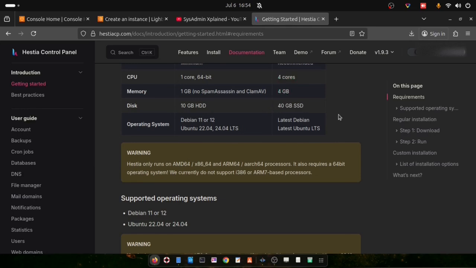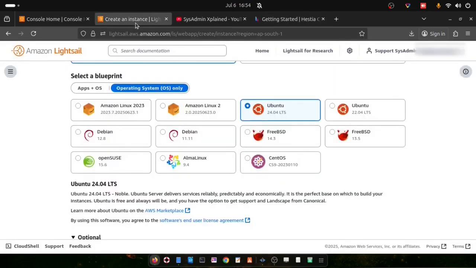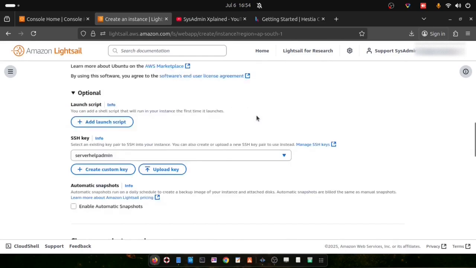Again, for the latest Ubuntu you can see the version mentioned in the official website. So I am going to select Ubuntu 24.04 LTS version. LTS is long-term support. So here I selected Ubuntu 24.04, and after that